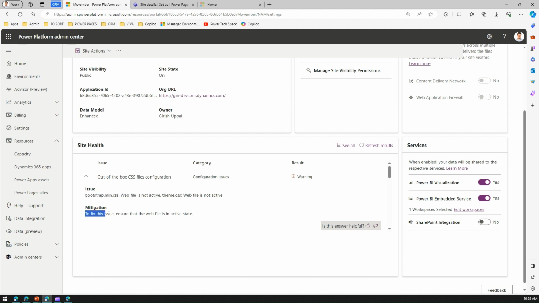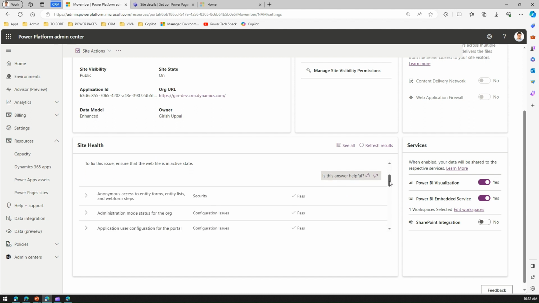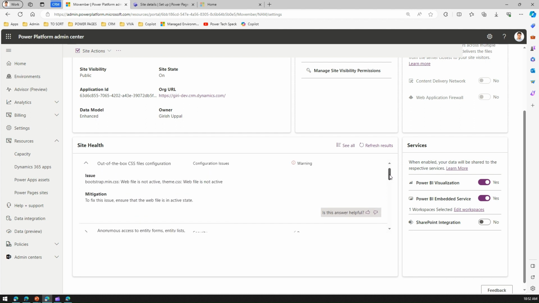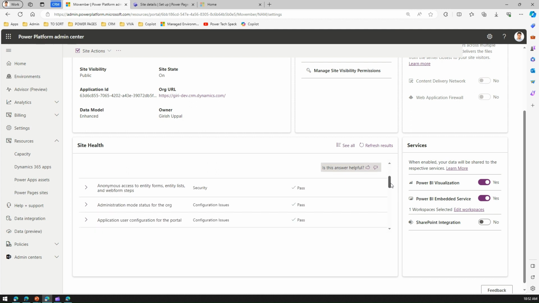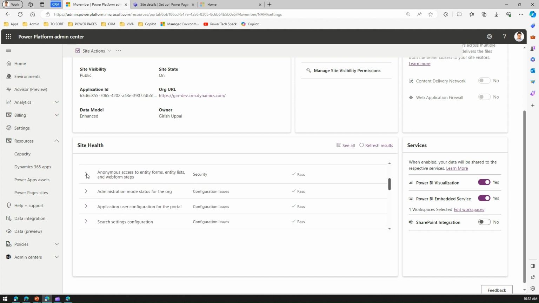Now it also provides you a mitigation, and if you think this mitigation was correct, then you can put a thumbs up, or if not, then put a thumbs down. This will help Microsoft to receive that feedback and provide corrective action. And you can again go back to the